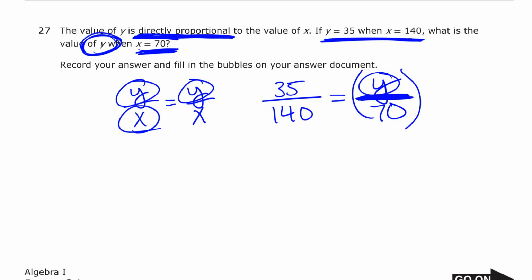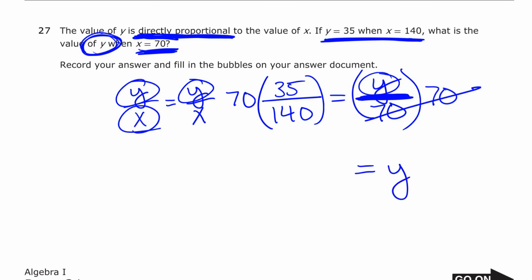The opposite of dividing, the inverse, would be multiplying. So I'm going to multiply times 70. These 70s cancel. Y is equal to, and I would simply type that into my calculator, and it would give me 35 over